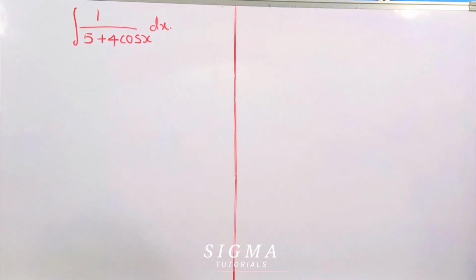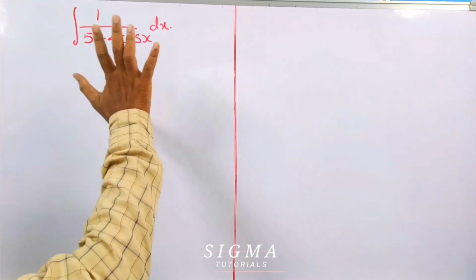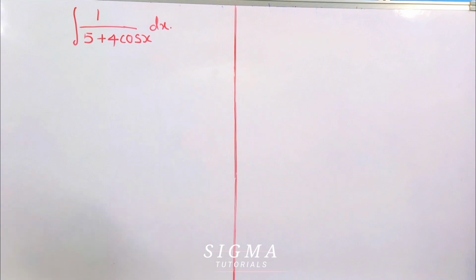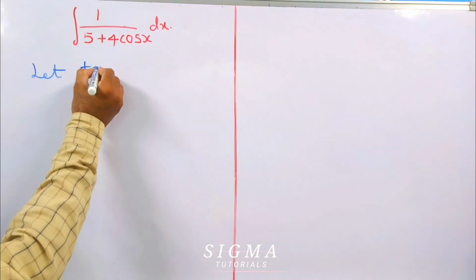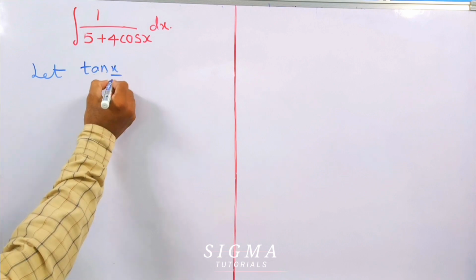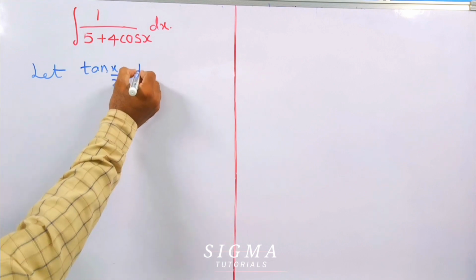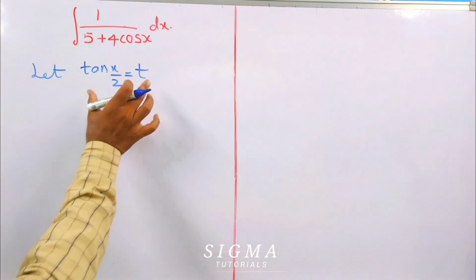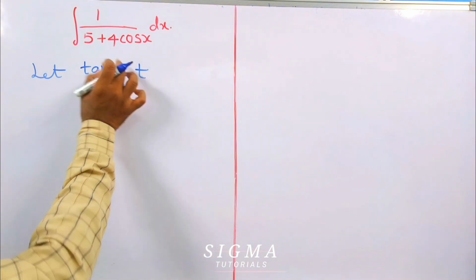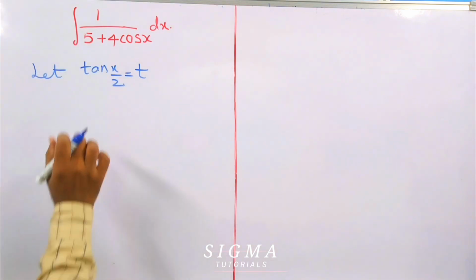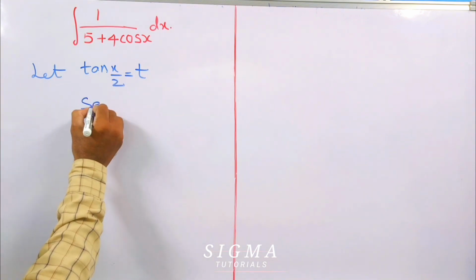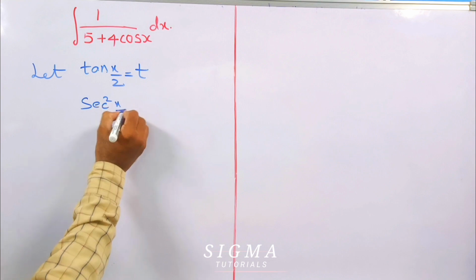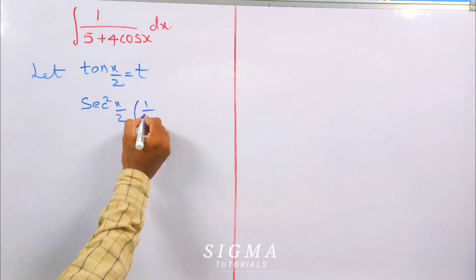Let us see how to solve these kind of questions of integration. We will start with let tan x by 2 equals t. Now we will differentiate this with respect to x. Then the differentiation of this will be what? Secant square x by 2 and 1 by 2